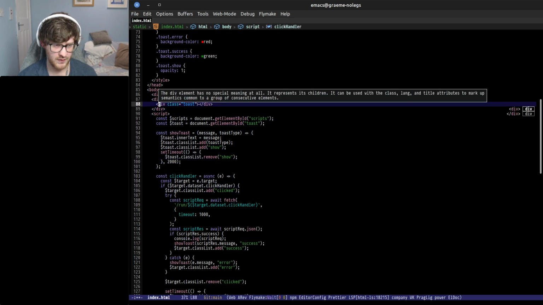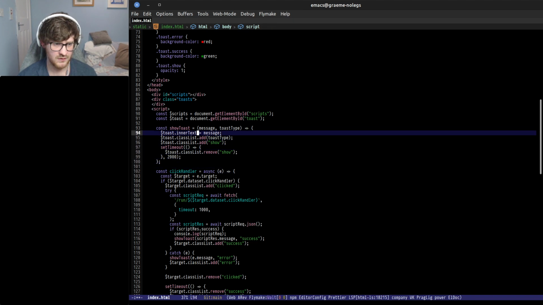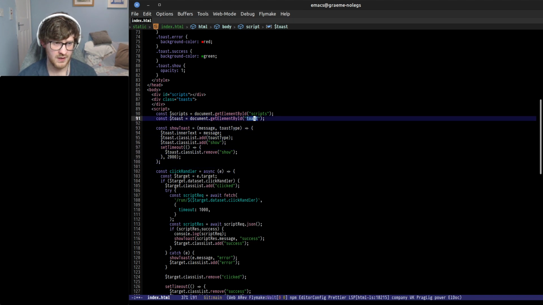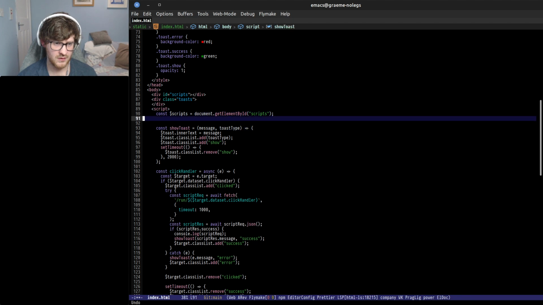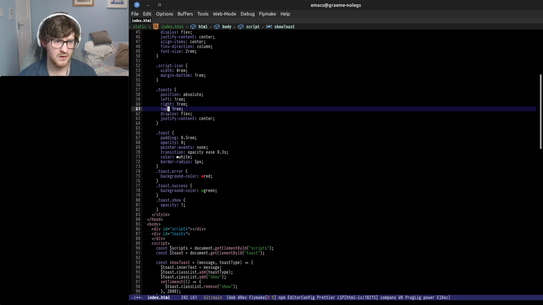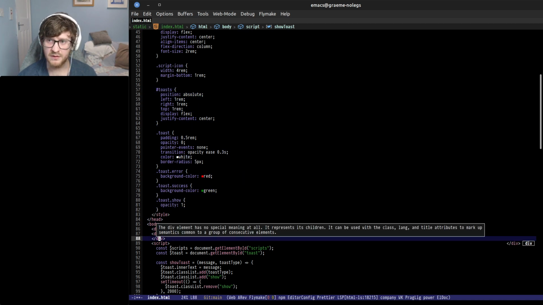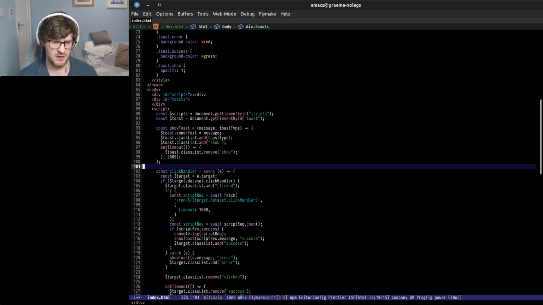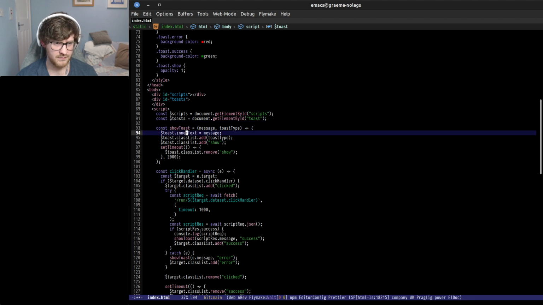And then we don't want that to be that. So show toast. Get element by ID. Nope. Yes, but we want to ID toasts. That wants to be the thing with the ID, so that we can say toasts